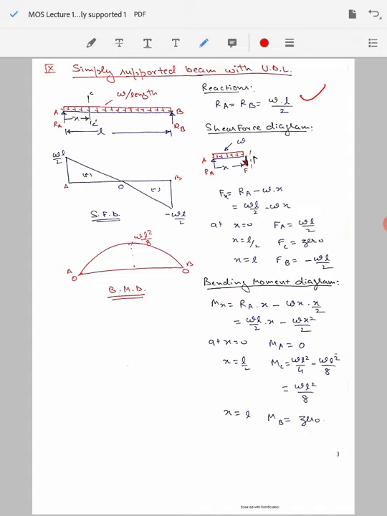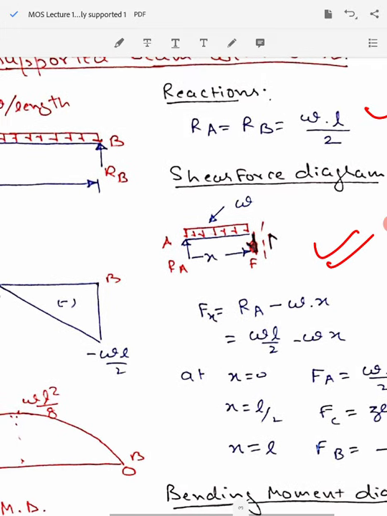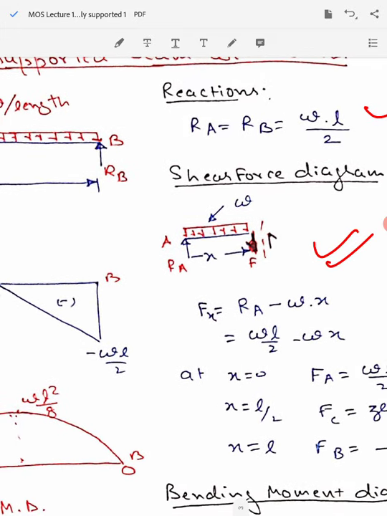Now for drawing the shear force diagram, we need to assume the beam to be cut at some section, as I have shown here that this beam is cut at, let's say, the CC dash section, which is at a distance x from the left end. We draw the free body diagram of the left hand section of the beam separately, and we can see here that the reaction force RA is acting in the upward direction in this portion of the beam, and then there is an applied uniformly distributed load of W magnitude acting in the downward direction.